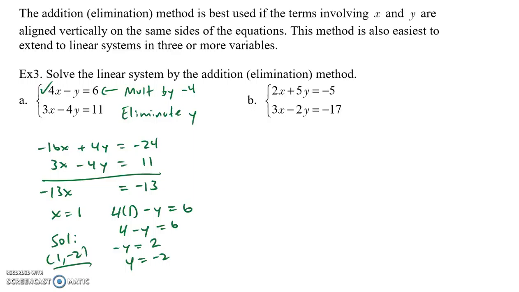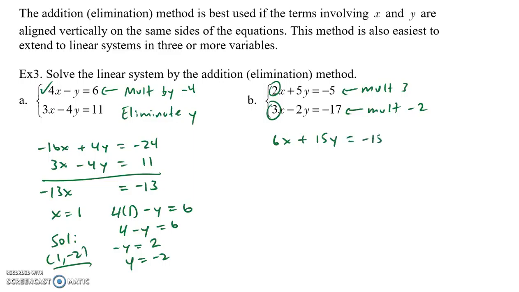a little bit differently. And what we would notice is that with coefficients of 2 and 3, the least common multiple would be 6. So if I multiplied perhaps the first equation by 3 and the second equation by negative 2, then the coefficients of x would be 6 and negative 6 respectively, and then by adding the equations, the x terms would be eliminated. So if we multiply each term in the first equation by 3, we obtain 6x plus